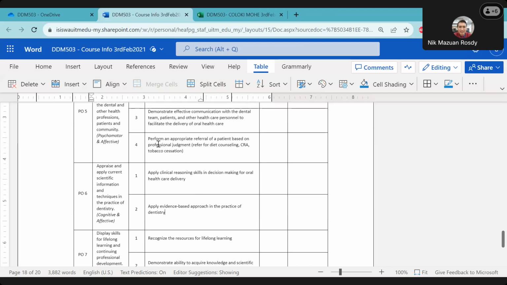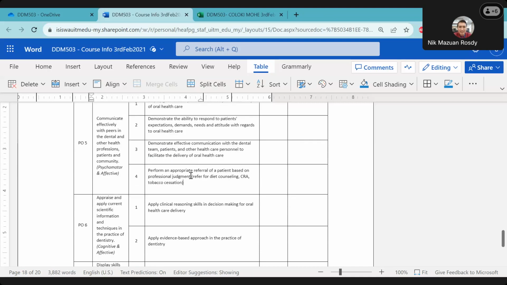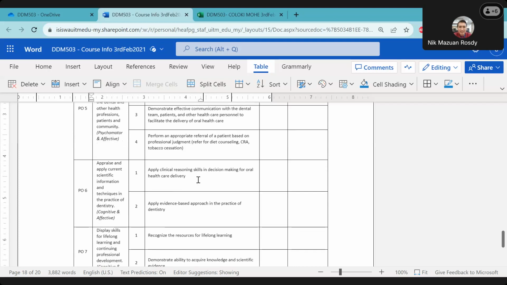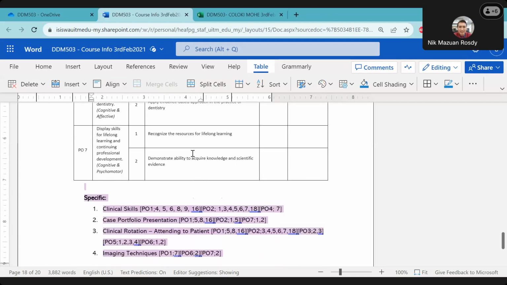Kalau macam perform an appropriate referral of a patient based on professional judgment, because my kursus dah map kepada kriteria ni, I kena cakap kat dia orang, oh kita orang ada ajar dia untuk buat referral letter dekat topik apa. Okay, so you know how to jawab where you teach these elements. Okay, so berhati-hatilah when you map tu, you check balik, you ada ajar tak, so for every single criteria